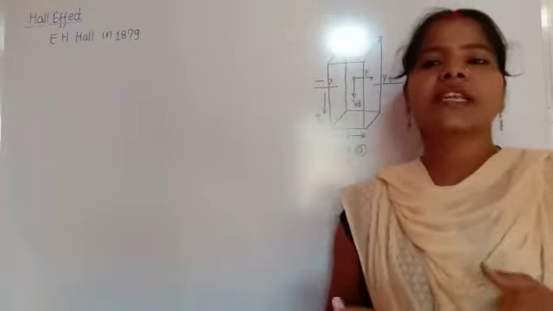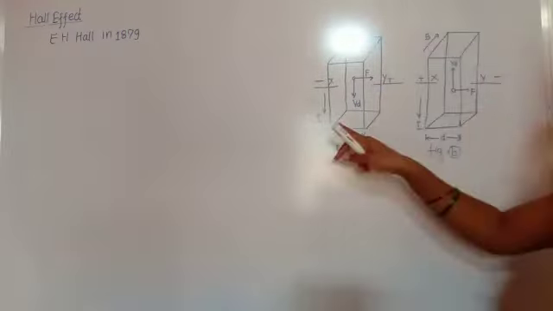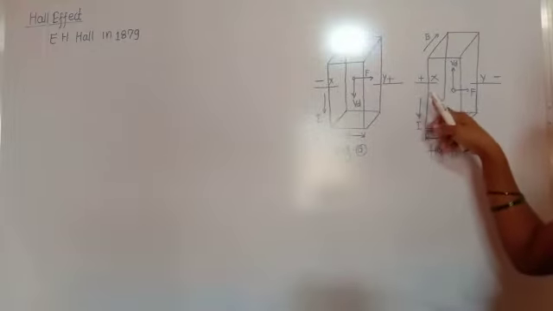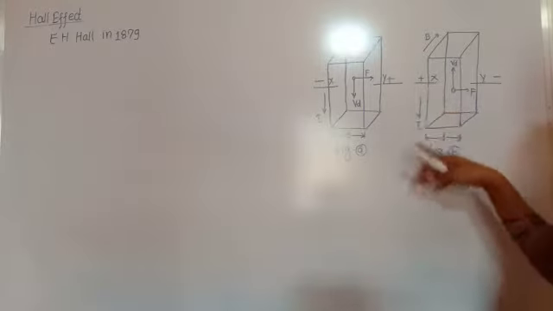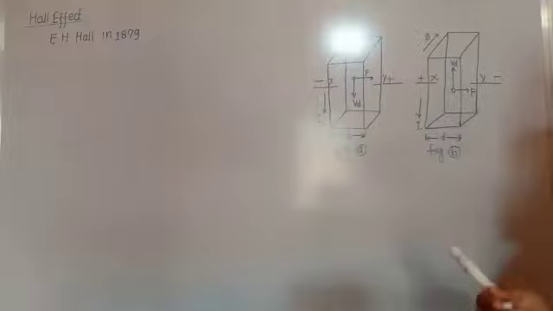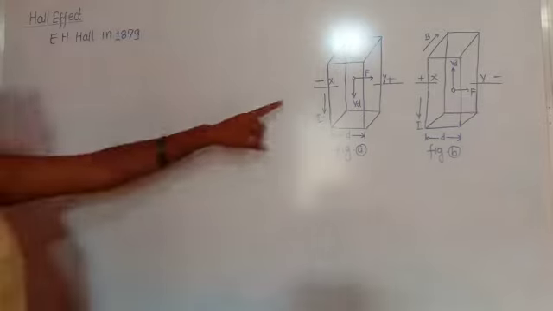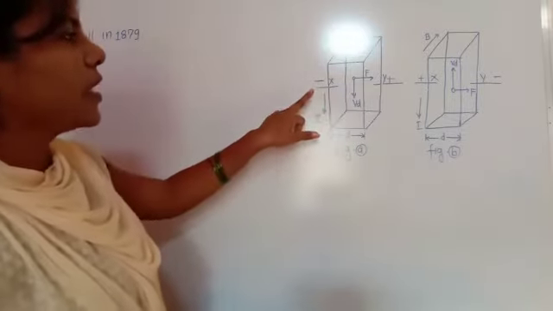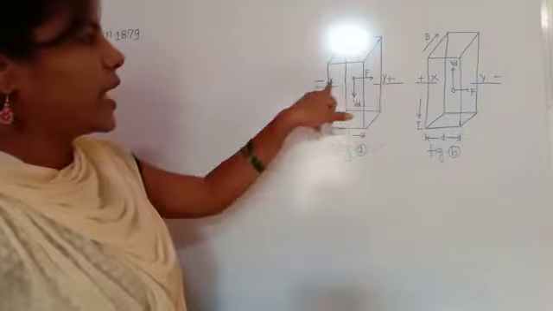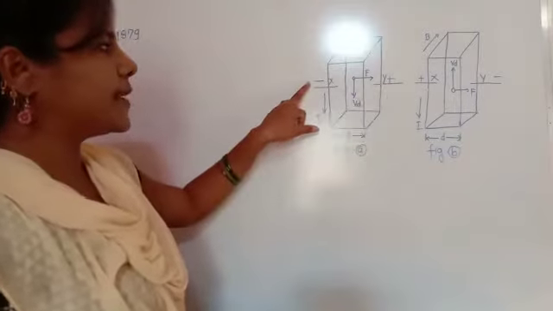First of all, consider a strip of copper carrying a current I in the direction shown in the figure. These are two strips of copper conductor. The current I is in the downward direction. The current flows in the direction in which positive charge would move. So when current moves downward, the positive charge moves downward. Here x and y are the two points, and at y lies positive charge and at x lies negative charge.